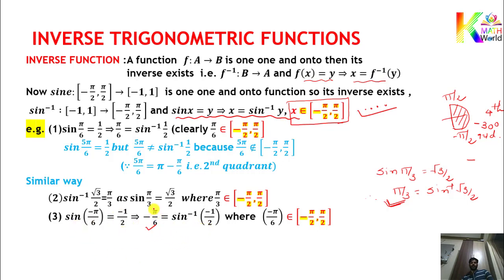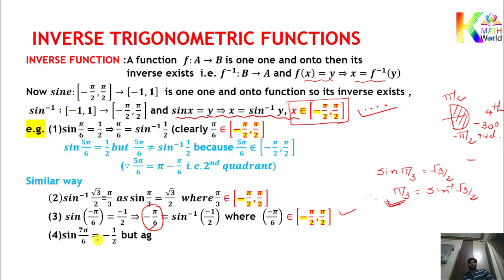Just we need to check that whether this minus pi by 6 lies in this range or not. So you can see minus 30 degree obviously lies in this range. This is up to minus 90. So minus 30 degree clearly lies in this range. That's why you can write minus pi by 6, that is equals to sine inverse minus 1 by 2. Okay, see the next value,